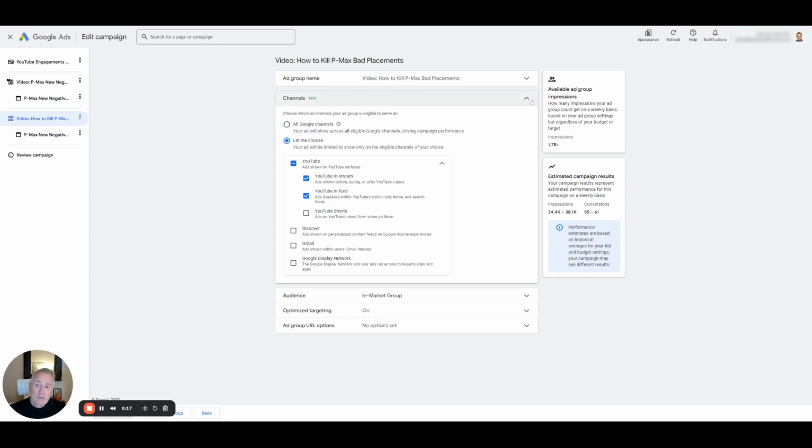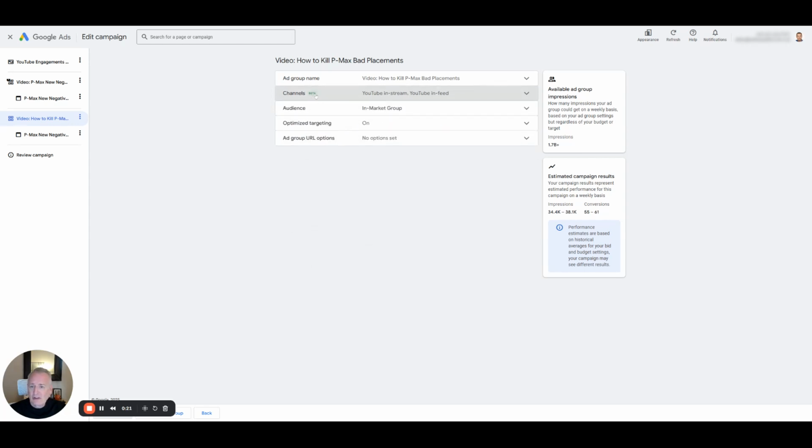Okay, so today I'm going to be looking at the new channels selection feature, which Google recently added to Demand Gen. This is in beta, I believe it's open beta. So if you have a rep, you can ask for access to this, I believe. If not now, then certainly soon. But anyway, what is the feature?